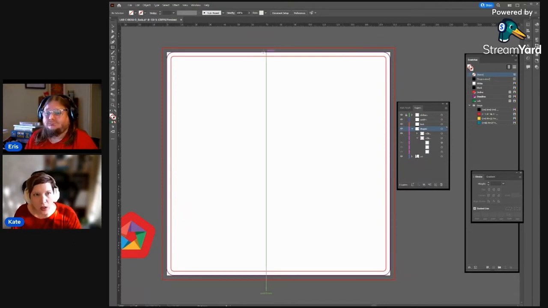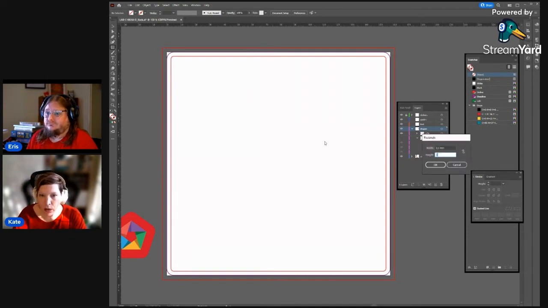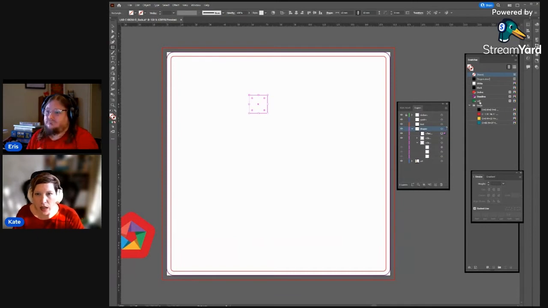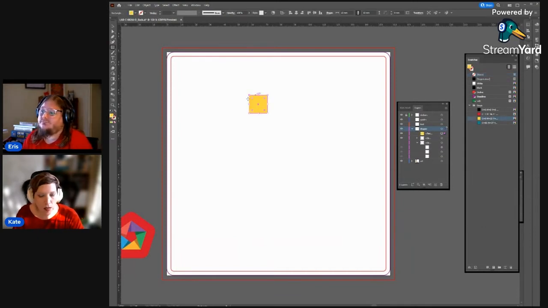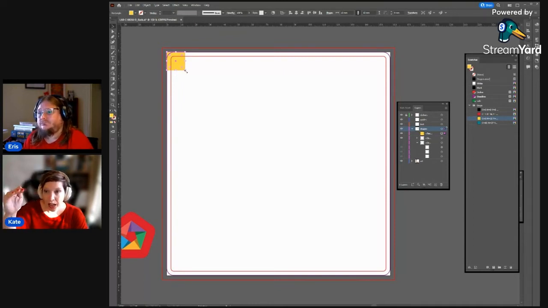So the first thing that we're going to do is set up a couple of squares, and I'm going to make them 13 millimeters. I'm going to color it in with some yellow so we can see them. And I'm going to butt that right up against the edge of the artboard. The reason 13 millimeters is important is because this is 3 millimeters at the edge to the bleed, which means that to the corner here is 10 millimeters, which is the distance that we want between the outer cut and the inner cut, minimum of 10 millimeters. Can be more, could maybe be a bit less, but best not to.